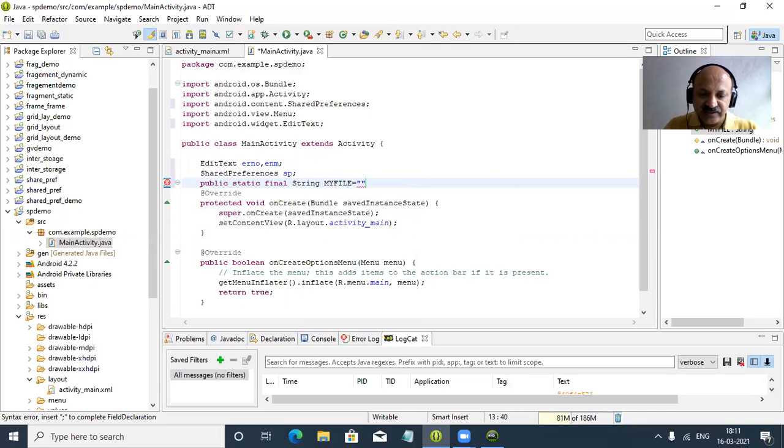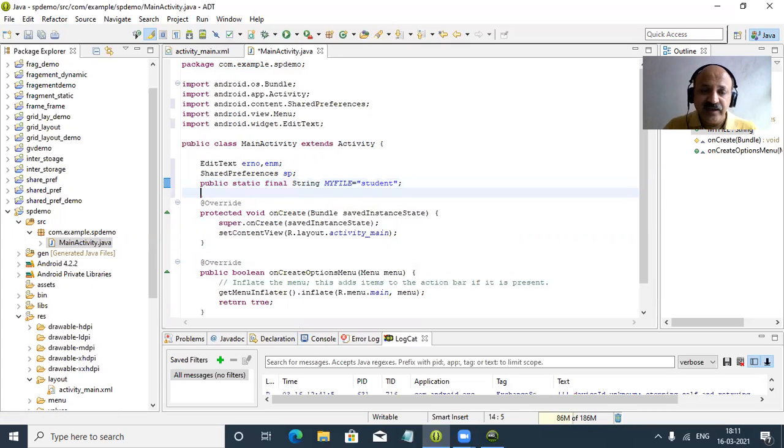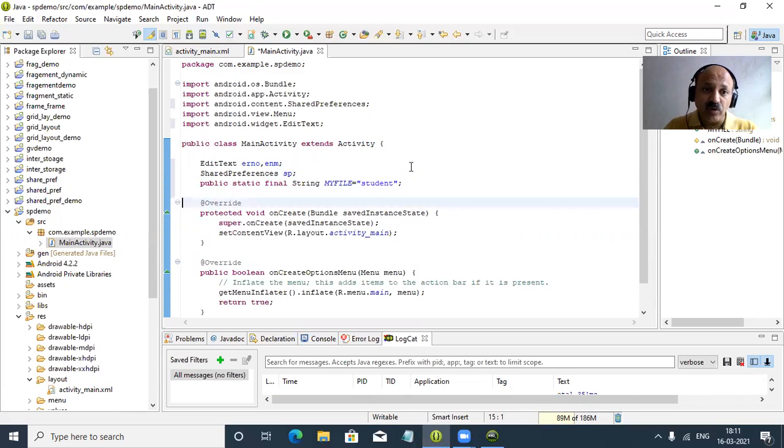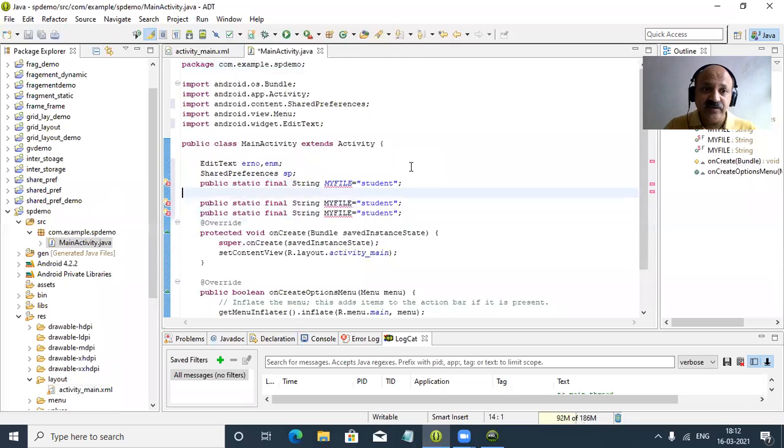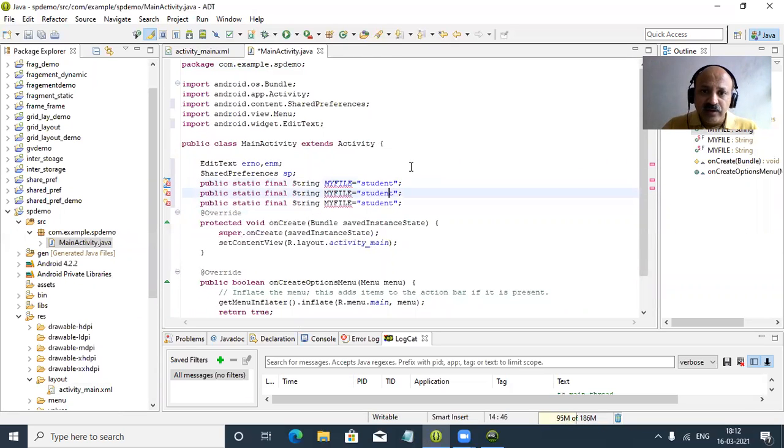Now the value is a student. The student XML file is created, and now we can write two fields of students. I copy this because all that key and value is right. We can provide here 101, and here I give the name of the student. We can change that to uppercase, so RNO, and here the name, so NM. That is our key.